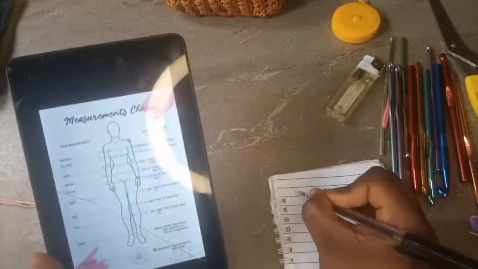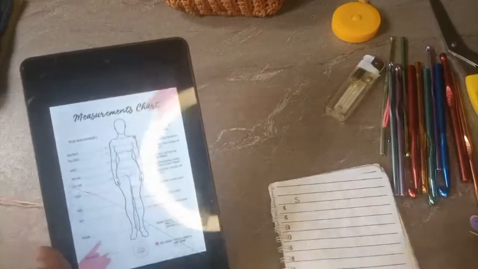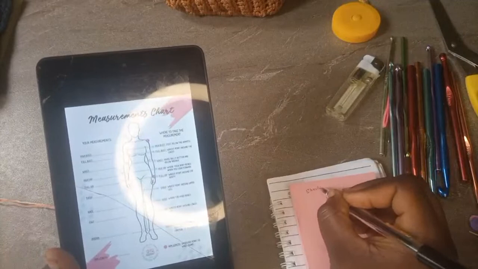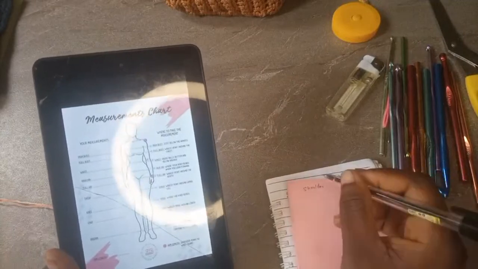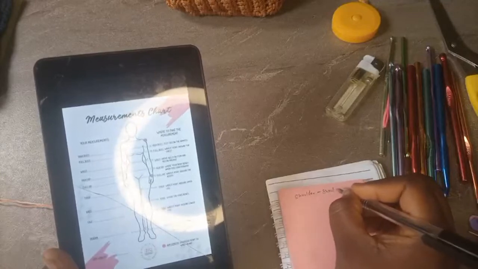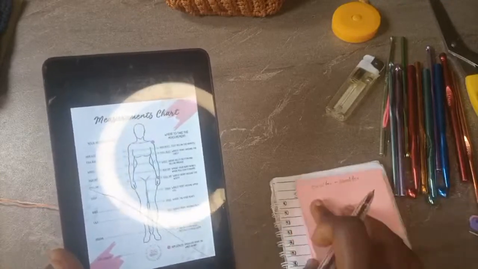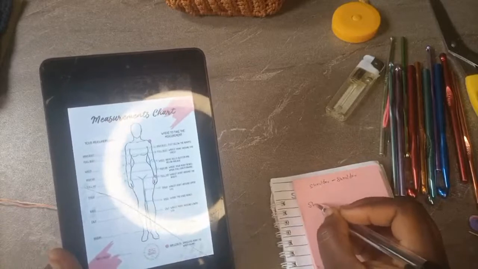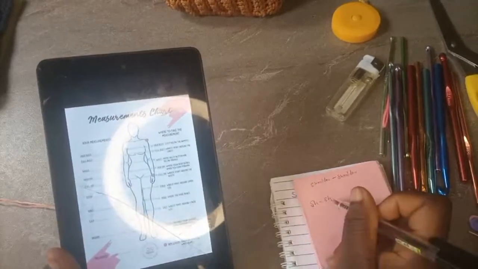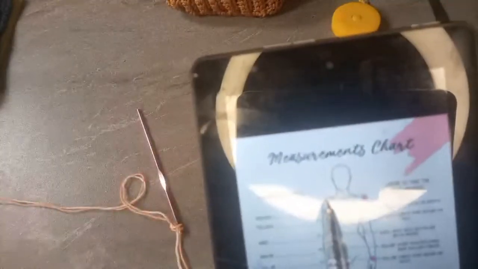First, you write your shoulder to shoulder. Now I'm giving you a free tailor tip. If you don't understand, your shoulder to shoulder, they'll write it as SH. That is the measurement from one shoulder to the other, usually from side to side.